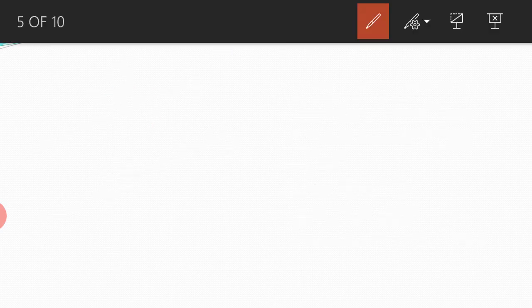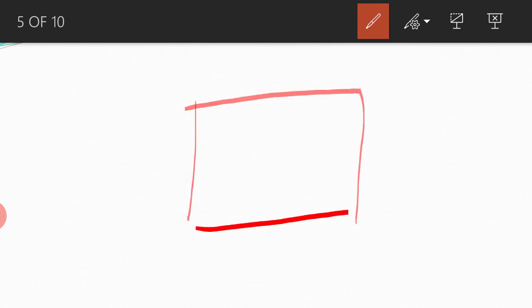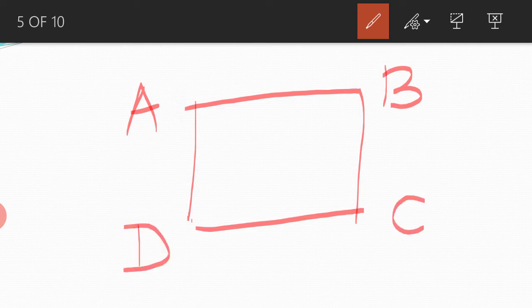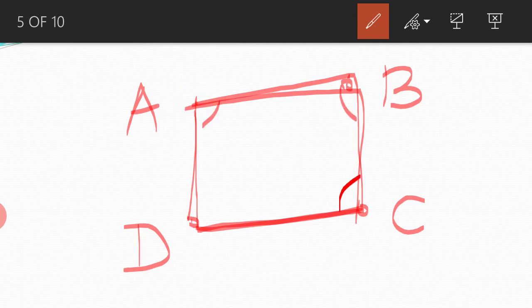Before going directly to types of quadrilateral, when we talk about any quadrilateral, it is a four-sided polygon. This quadrilateral is always named by its vertices, which are given around the boundary. We do not cross the interior. So we name this quadrilateral ABCD, and we have parts of the quadrilateral. It has four sides, four vertices A, B, C, D, four angles, angle A, angle B, angle C, angle D, and two diagonals.